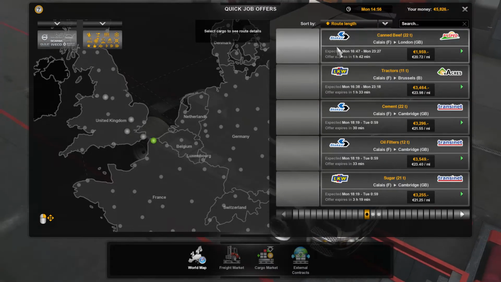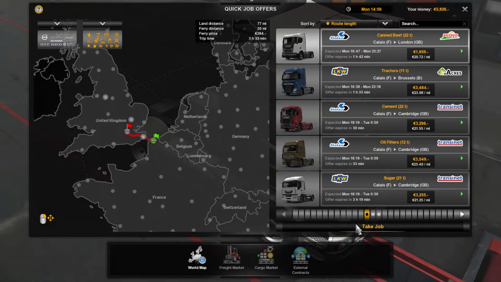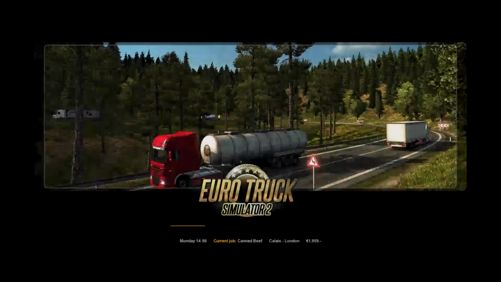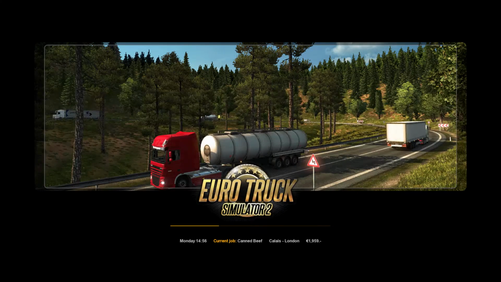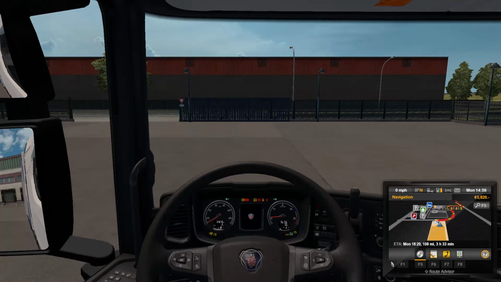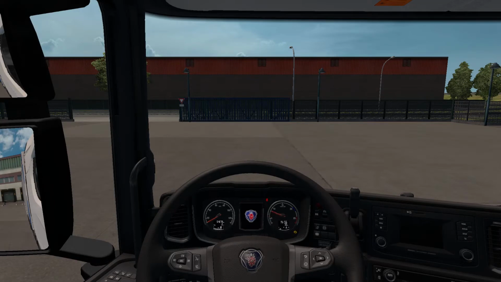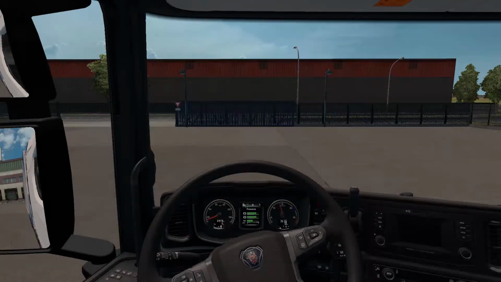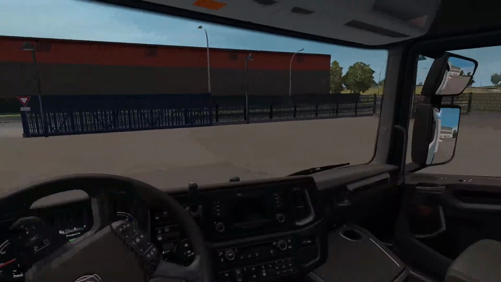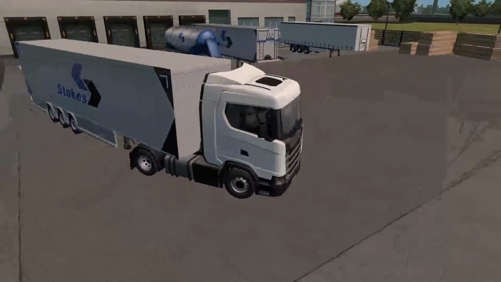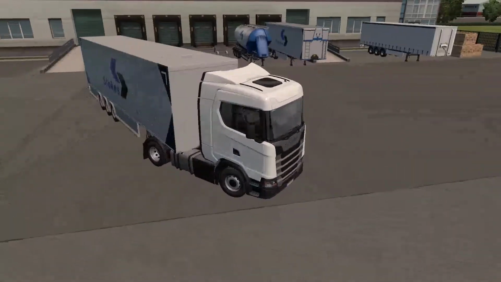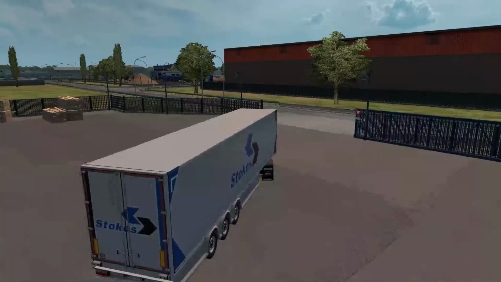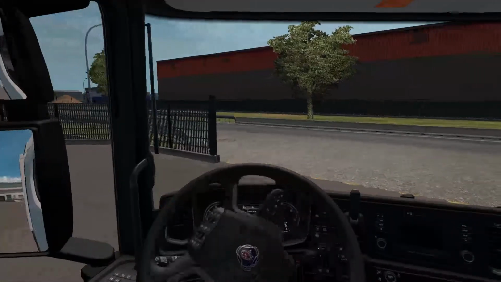But I think we're going to be taking the journey back to London from Calais. So this time we hop in. It's a brand new Scania. Hop in that and take it down to London. It doesn't appear we have a sat nav, so oh well, I'll try and remember the way. I wonder if we're taking that out. It's no longer an LCD trailer. It's a blank trailer.